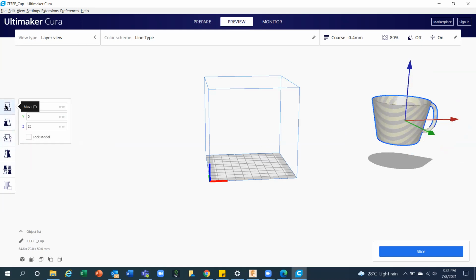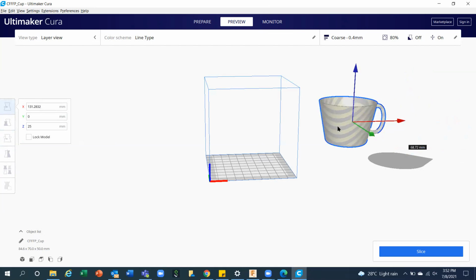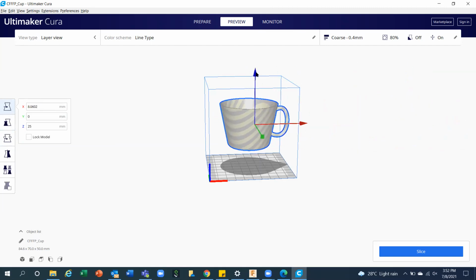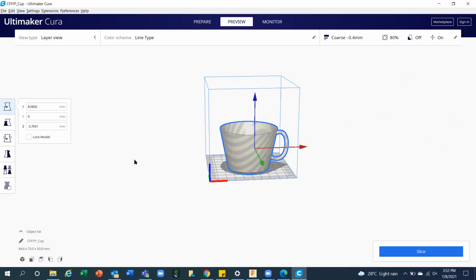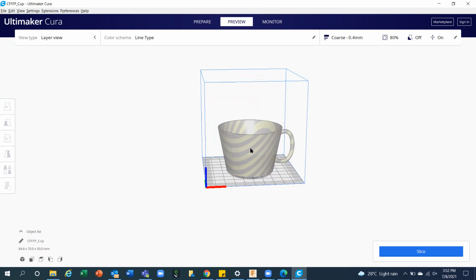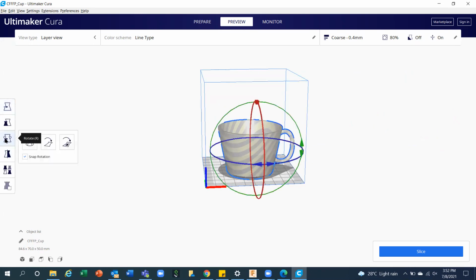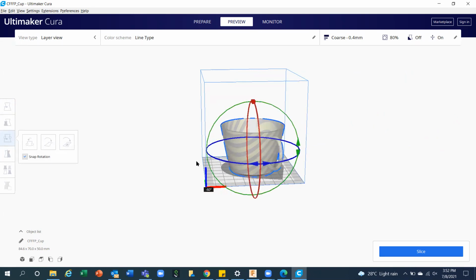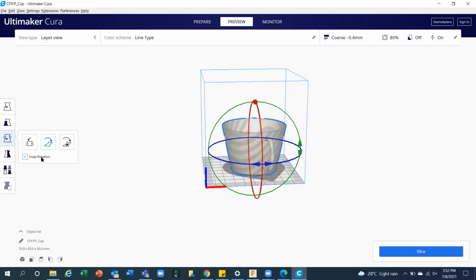The first option is available, move, and you can move it. Correct? So it is available now. Once it is there, if you want to rotate or place it in any other position, you can rotate with the help of snap rotation.